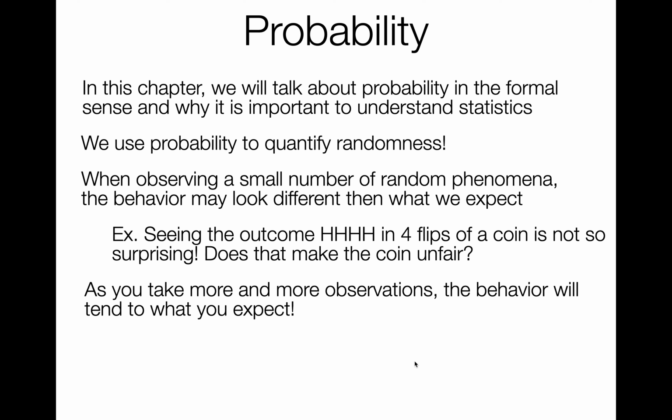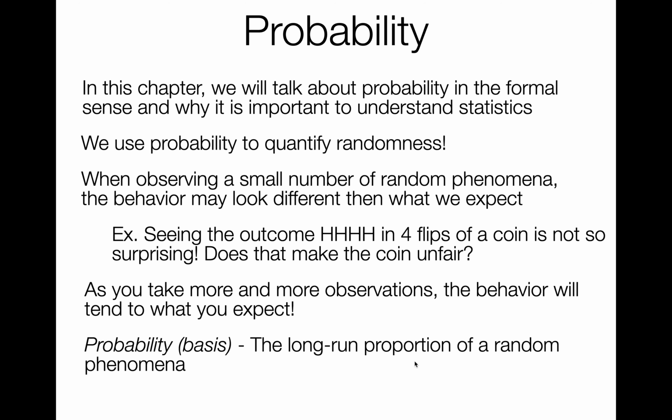And if it is true, for instance, in this case, that the coin is fair, the behavior should tend to what you expect. So if I flip the coin 1 million times, I should expect around 500,000 heads and 500,000 tails. Okay? It's not going to be that exactly, but it's probably going to be a lot closer than 0 and 4 after 4 flips. Okay? Then you could extend that to saying if I take an infinite number of flips, then half of that infinite number should be heads and the other half should be tails.